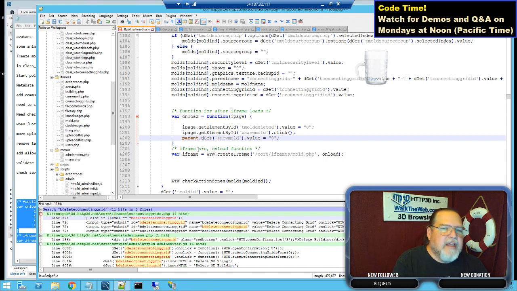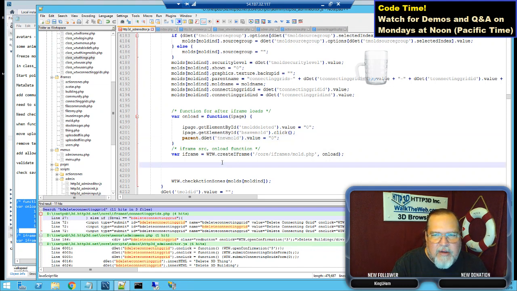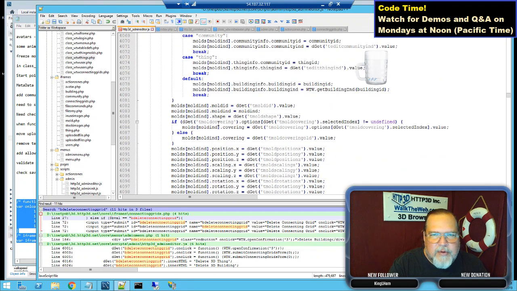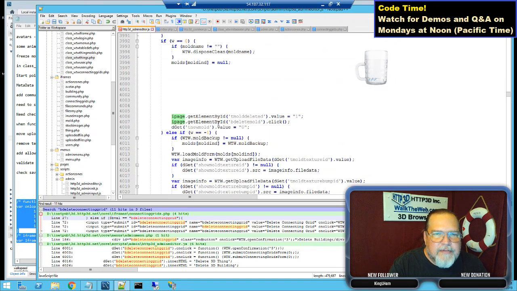So parent, document, get mold by ID, this value, change it to there. I have to do that in every one of these that I called that for. So that was a good catch. Everywhere I've used this function, because it's happening on the iframe, those values are sitting on the original page. So I have to call them as parent. So yes, good catch. I'm glad I thought of it here. Now I have to implement it by using it everywhere. Everywhere that I didn't have a local variable, everywhere that I pull these, they are pulling the values of